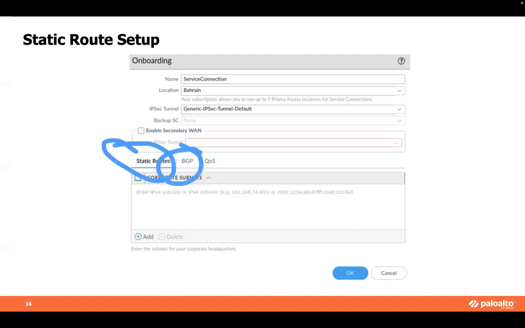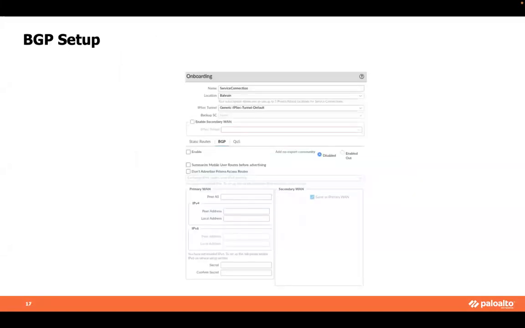You would either add network definitions, say I've got an internal IP address range of 192.168.1.0/24. I've got another one that's 172.16.0.0/16 or whatever the case may be. Or you would go into the BGP tab, and within the BGP tab,